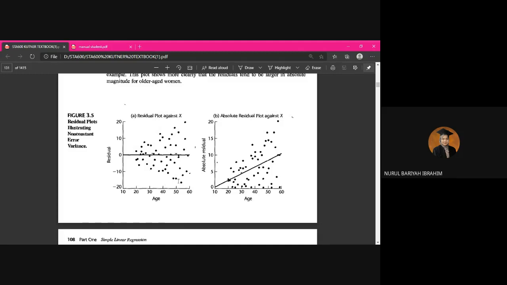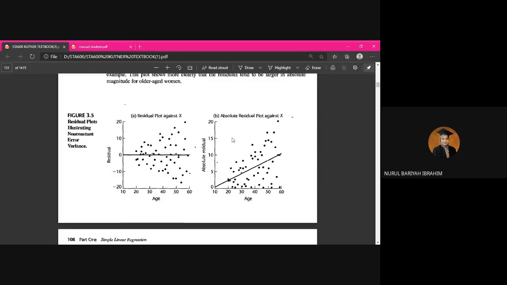So just plot that. If this plot is in a horizontal band around zero, scattered randomly, with no pattern,